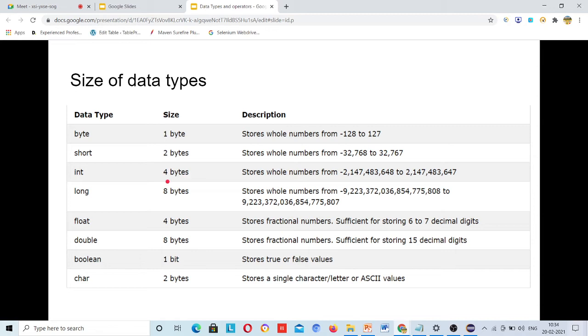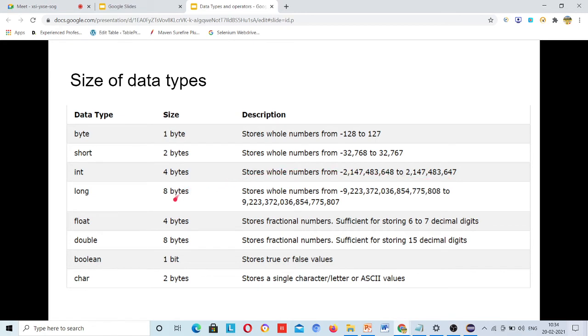I don't remember exactly. Integer size depends on the compiler, it's actually not fixed. If I am using Java, then 4 bytes. If you are using the C language, then 2 bytes. So it depends on the compiler. This is the range for integer.